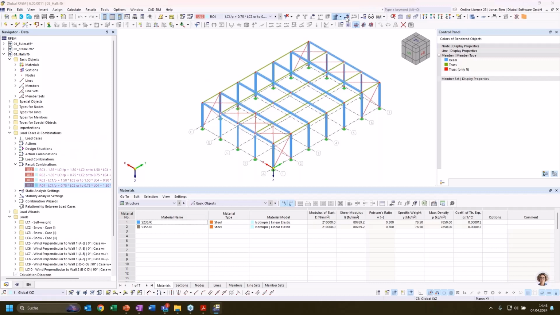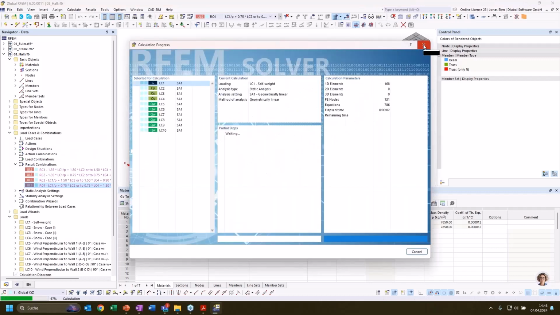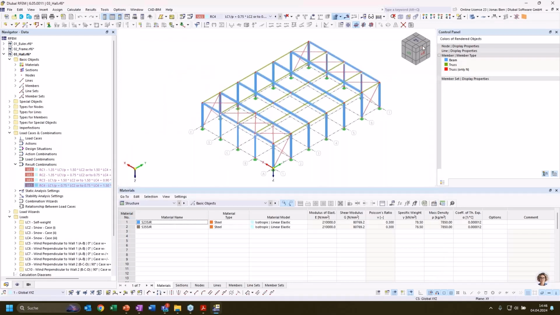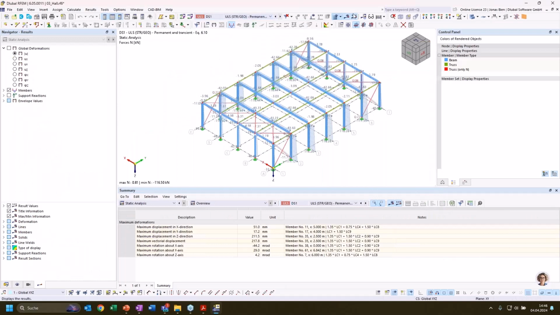I would, in the first step, calculate my combinations with result combinations to get the envelope of results. I need to calculate the design situation where the complete envelope of all result combinations is given. And then, when I want to design the columns for buckling, I would look into the internal forces that I get in this envelope solution, and I would look for the most critical ones for buckling, and that would of course be